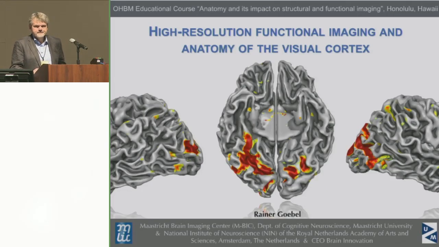So you have heard in the first part of the day, in the morning, starting with Noam Harel, that it's now possible using high-field imaging to map even single cell layers and to come up with information with respect to the function of cortical layers, which has not been available in the past. And this brings, of course, neuroimaging in the living human brain much closer to architectonics, microstructural information, and helps to